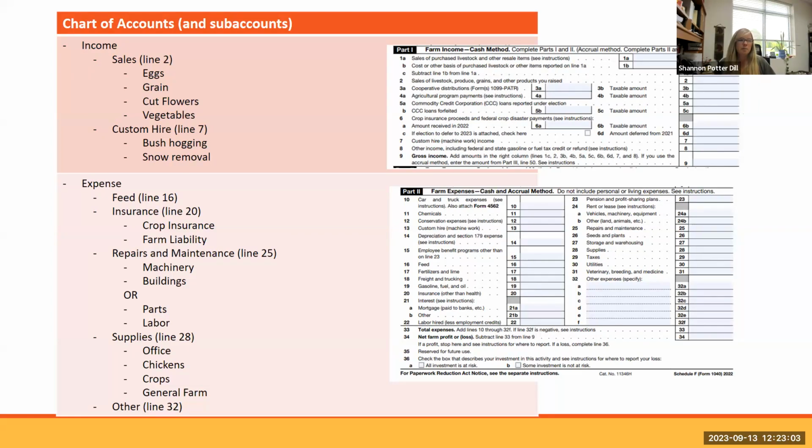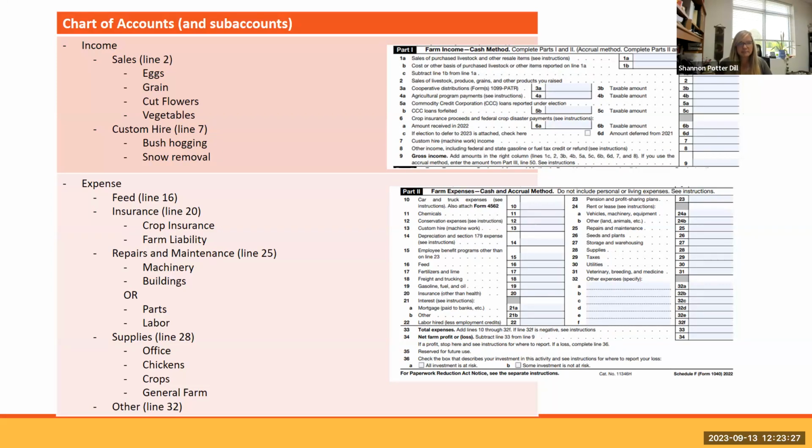Same with custom hire. Perhaps I do some bush hogging and snow removal, and I would add those as income in the schedule on number 7 as custom hire. And perhaps I want to break those out. Maybe I don't do enough. Maybe there's 3 transactions a year that's custom hire, and it's easier to keep those together.